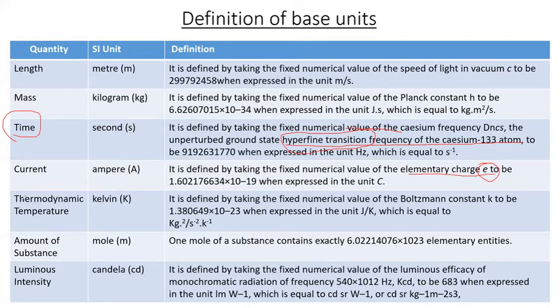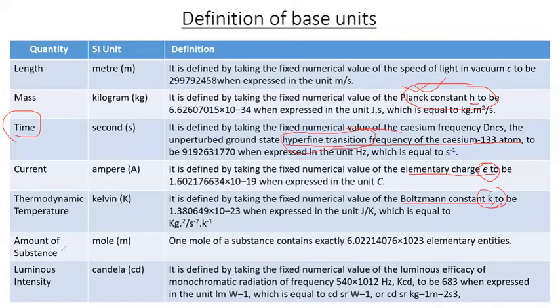The next quantity is thermodynamic temperature, whose SI unit is Kelvin. Now it is defined with the help of the Boltzmann constant K. Actually, this was not defined by the Boltzmann constant K till last November. Around the same time that mass came to be defined through Planck's constant, this change in Planck's constant also gave us a change in K. So when we fixed h, we also got a fixed value of K. Based on this value of K, scientists now define the thermodynamic temperature in Kelvin.